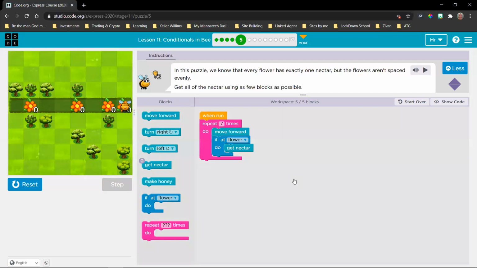Right. So there you can see we've now used 5 blocks to solve this one. Not because we didn't know what is under the cloud, but because there wasn't a set pattern.